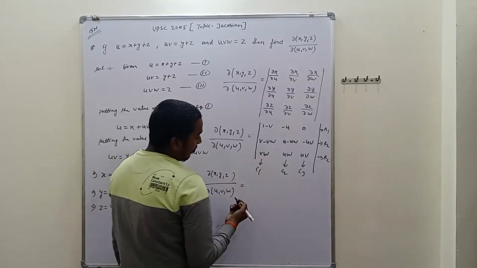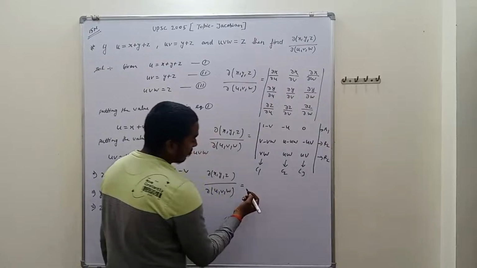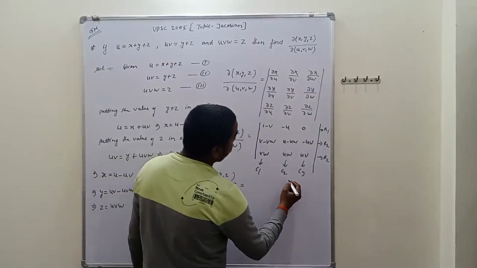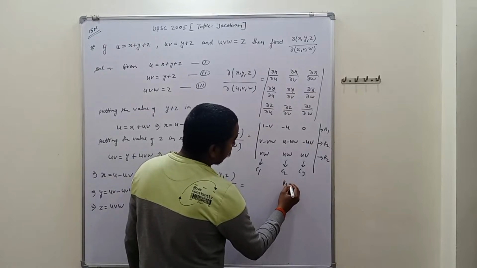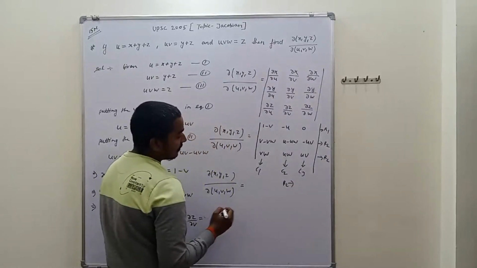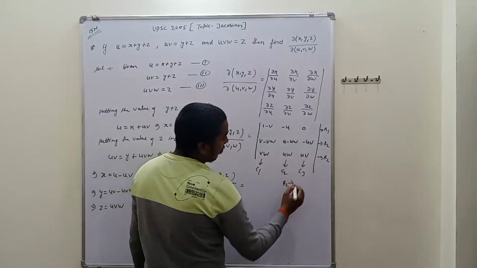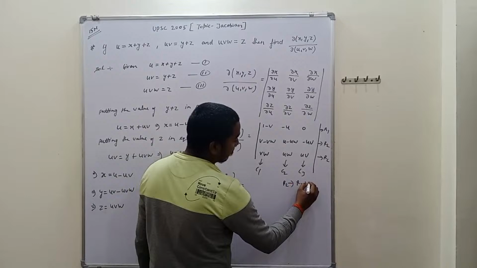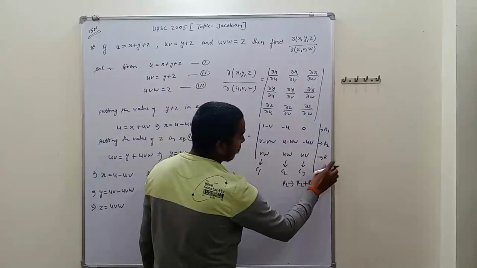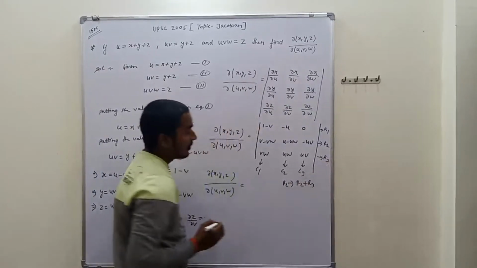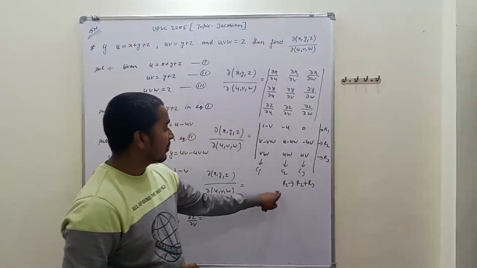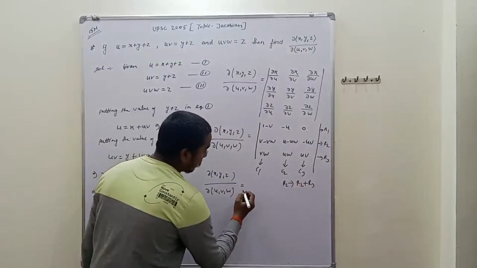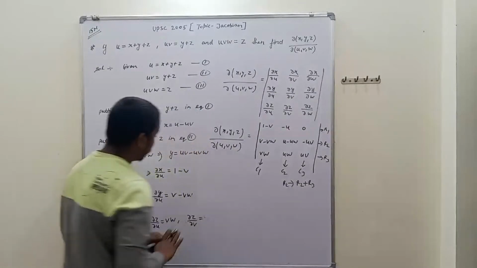On using the row operation, that is, R2 replacing R2 plus R3. This is R3. First we have to start the operation: R2 replacing R2 plus R3, that is,